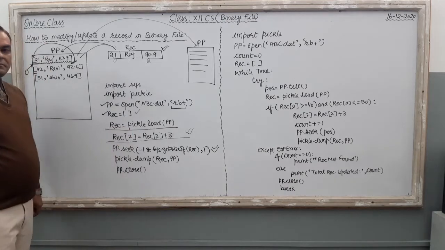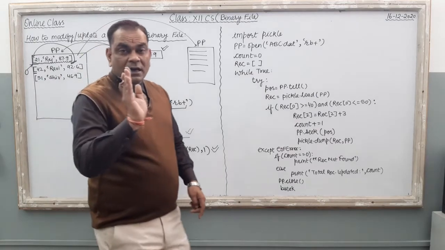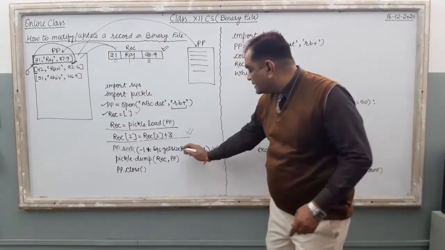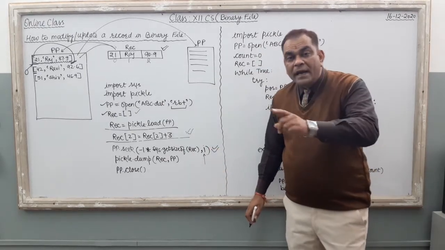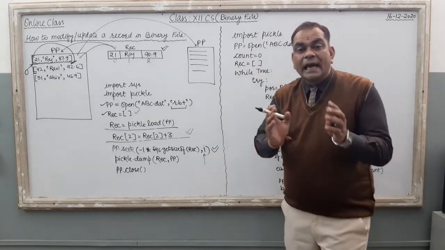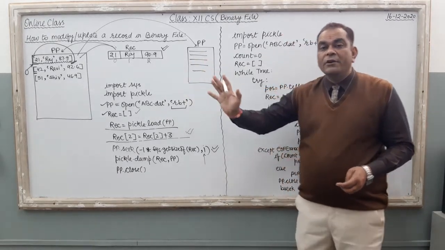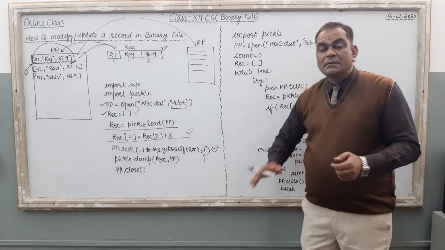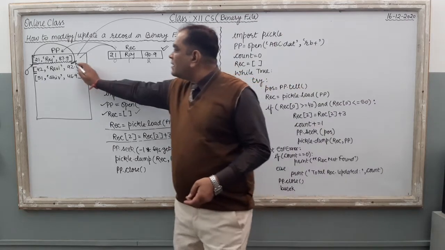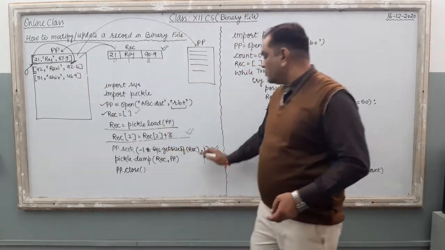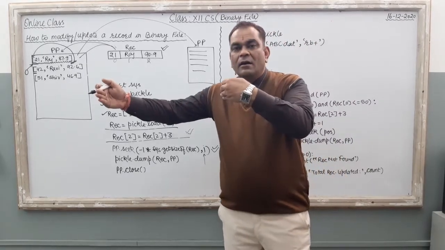pp.seek(-1... Right? We know the current position of the cursor is 1. 1 means current position. If 0 is there, it means beginning of the file. If 2 is there, it means end of the file. Right? A previous video lecture is completely related with this particular concept. Just watch the previous video. Clear? So I want to shift the cursor from the current position, so I am using 1 over here, current position to the back or the previous position.